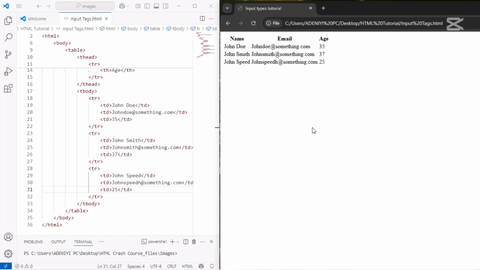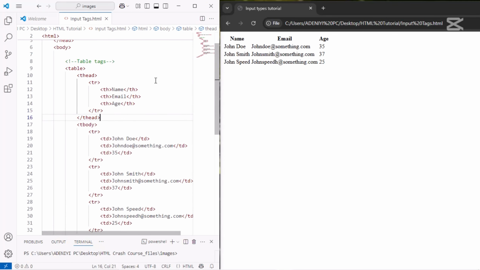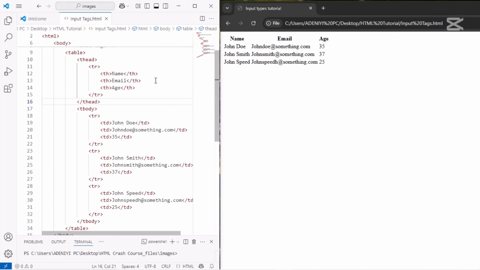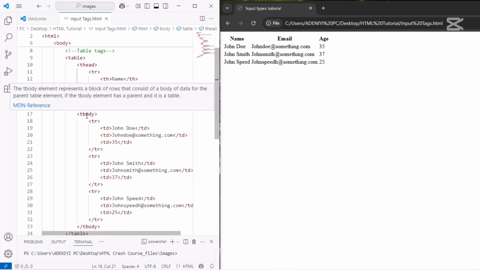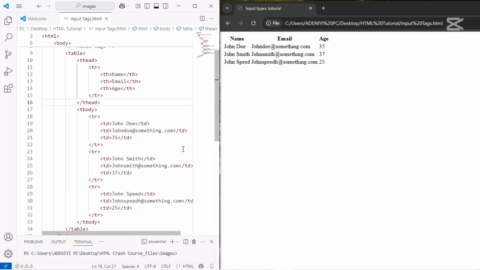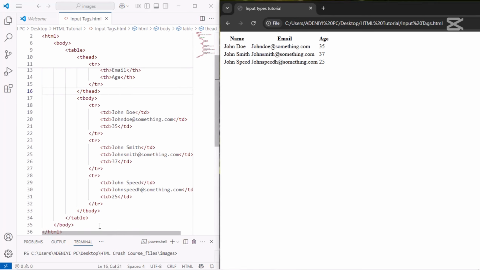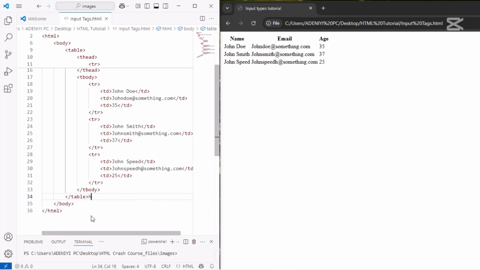Alright, that's actually pretty much it. We have actually created a table using HTML only, and that's all. That's it. This is the table. It's quite a simple process if you just follow it accordingly. You have the table head, table row, th, close it, close the table head, start a new table body, and so on. So guys, we're actually done with the table, and we're going to the main session, the